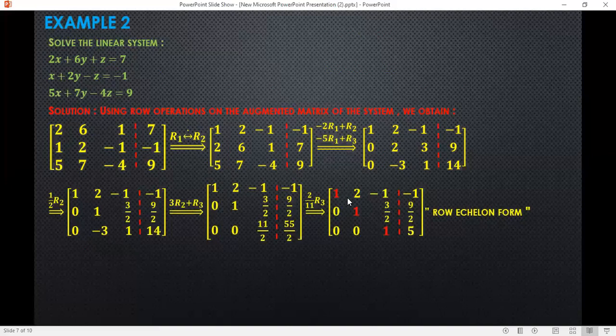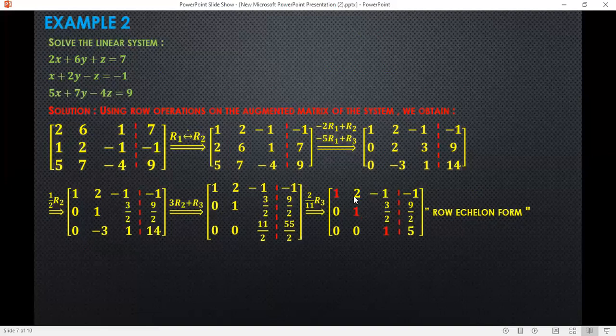Then we get the first row still the same, the second still the same, and the third will be 0, 0, 1, and 5. And this is called the row echelon form. Okay, then directly we can get the answer that z equals 5, y plus 3 over 2 z equals 9 over 2,